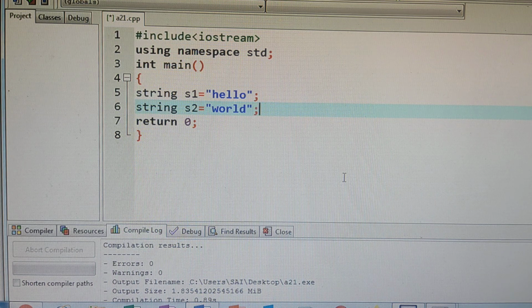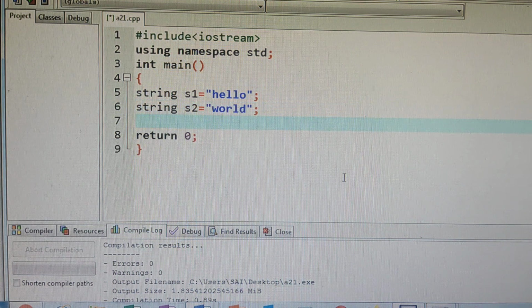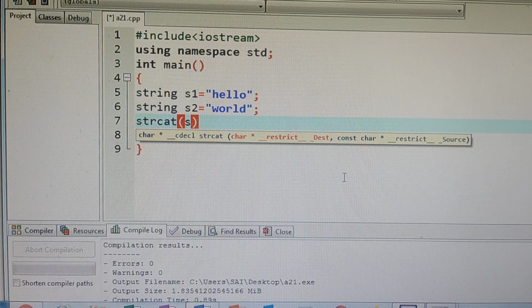So 2 strings are initialized. Now what is the next function? We need a function to join these 2 strings, no? So here the strcat function is used to add 2 strings. So here I am using that function strcat, string concatenation. So I am joining s1 and s2.